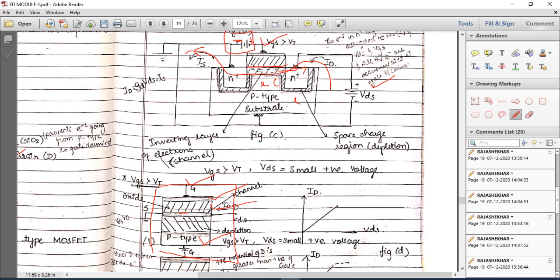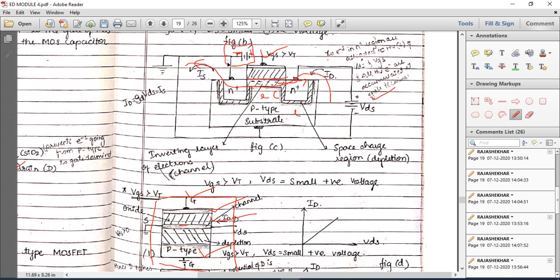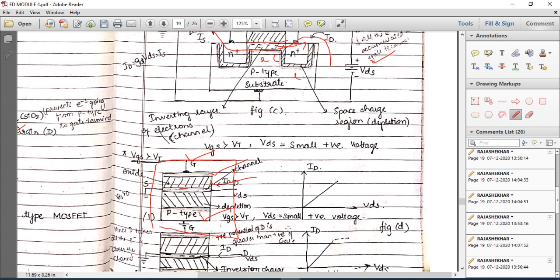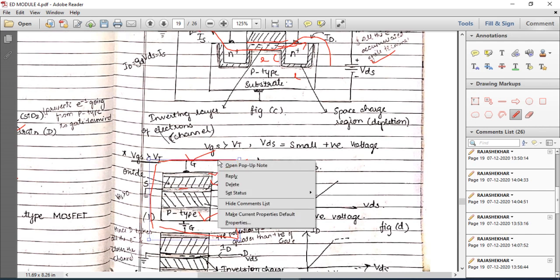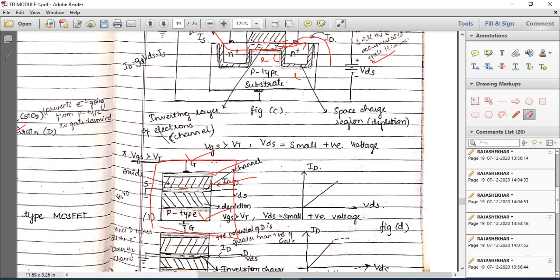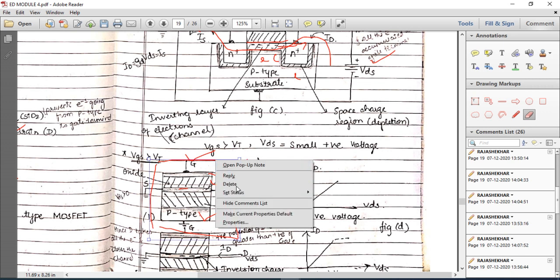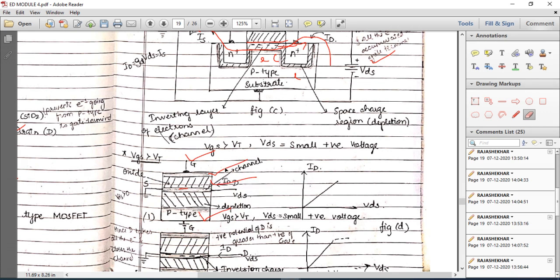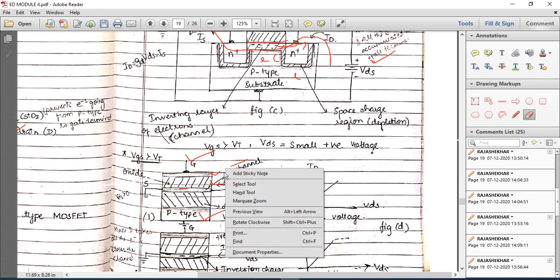That's why here it is connected to ground. The source terminal is also connected to ground here. So this is the source terminal, which is again shown here, connected to ground. This is the drain terminal, which is connected to the VDS. So here VDS, drain terminal. So this is also connected to the VDS or to the drain terminal. So now, how does it work? Okay. So now, I will show you in terms of current.